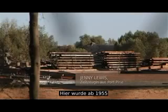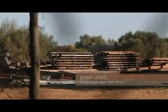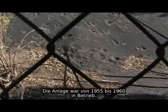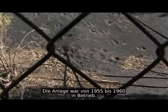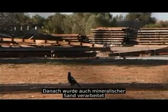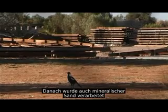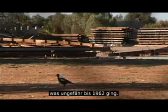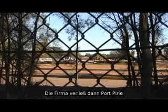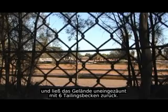It all began the year that I was born, back in 1955. They started processing uranium from Radium Hill. The site operated from about 1955 to 1960, and then it went into receivership, and then they started processing mineral sands, and that was operating until about 1962. The company then parted ways with Port Pirie but left the site as it was, so it was unfenced, and